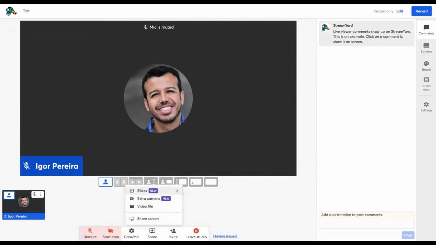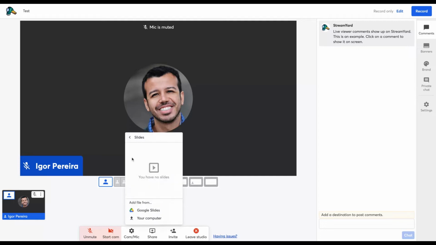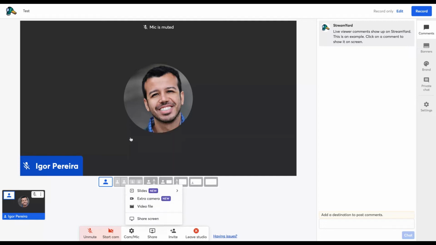And right now, StreamYard has 3 features. You can share a video file, you can share an extra camera, and you can share slides. So sharing slides is outstanding, for instance, for classes. We are gonna see a lesson only for sharing slides on our next video.